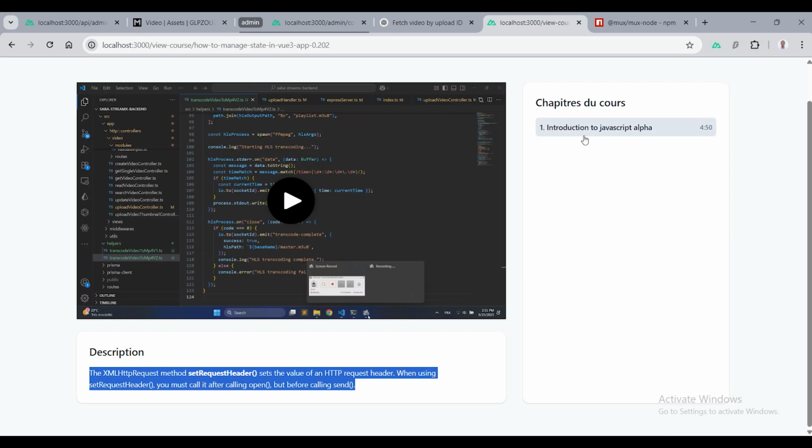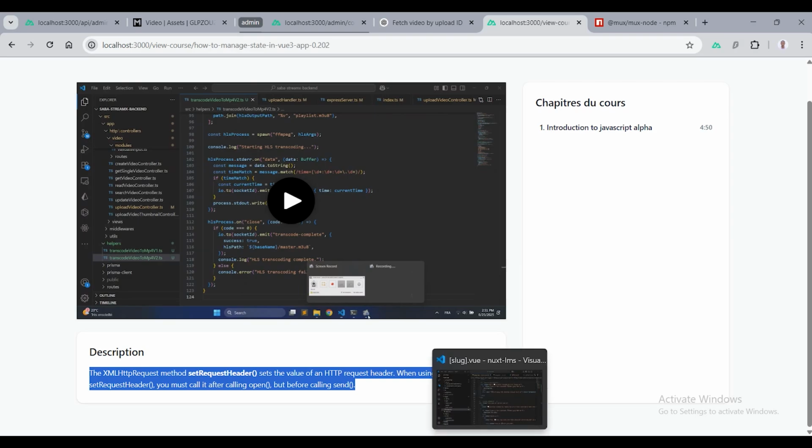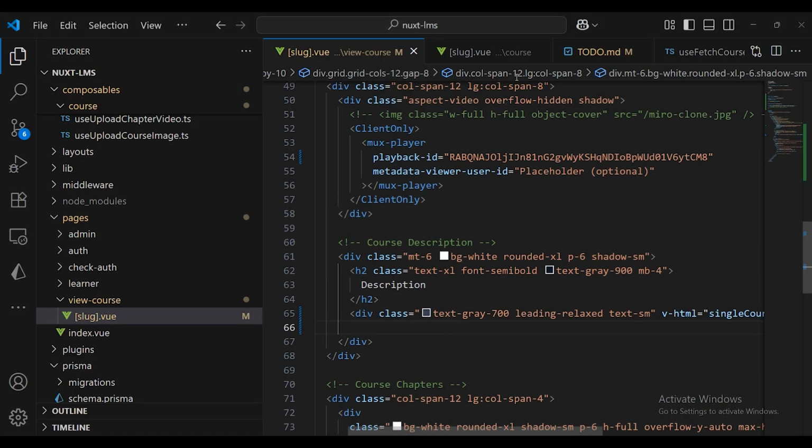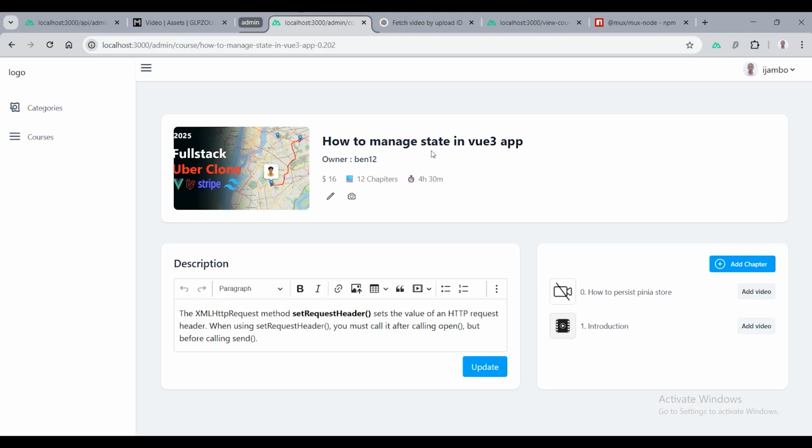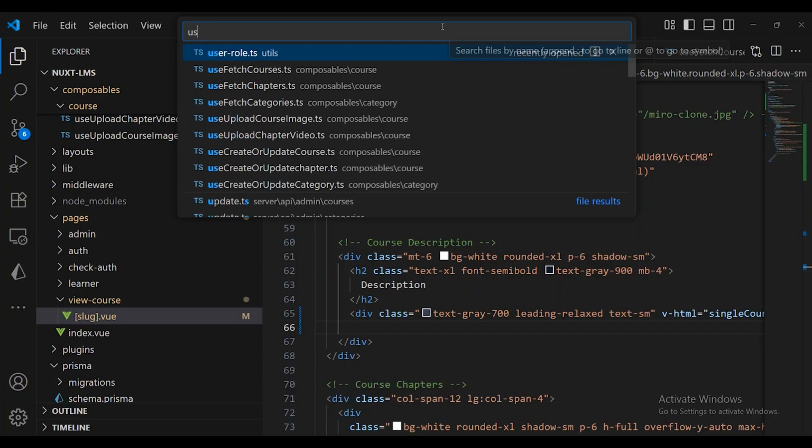Now I'm going to display here chapters. Okay, and once we click on a given chapter, we need to fetch the video of the chapter. Now I'm going to do this. Let me see, I'm going to head into here first. I'm gonna show you something. We're gonna move in here, and we have here chapters. And if we head into the useFetchChapter composable,